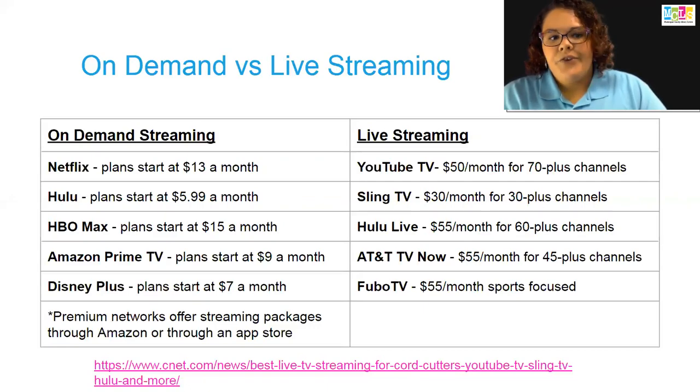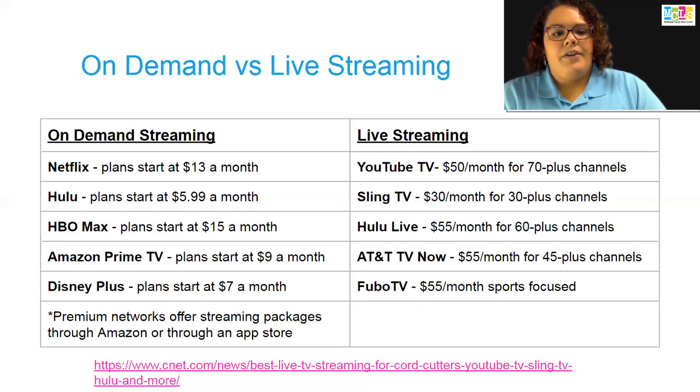And then the live streaming, one of the most popular ones with most channels is YouTube TV. For $50 a month, you can get 70 plus channels. Sling TV is actually one of the best cheapest options, for $30 for 30 plus channels. And it has a couple of different options on there. I think there's a more expensive option as well.